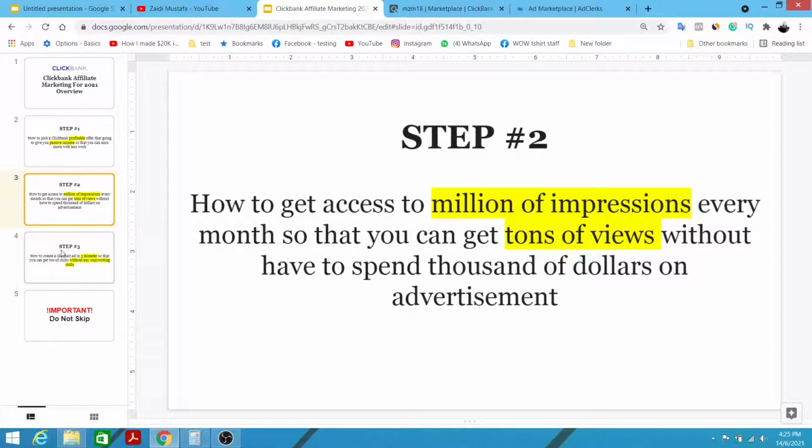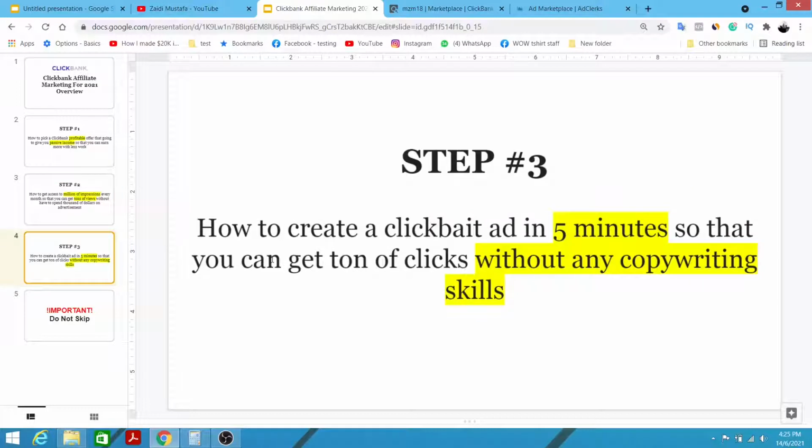All right, so that brings us to step number three: how to create clickbait ads in 5 minutes so that you can get tons of clicks without any copywriting skill. I'm also going to reveal how you will be able to create a clickbait ad in 5 minutes so that people are more likely to click your ads, which could help bring you more sales